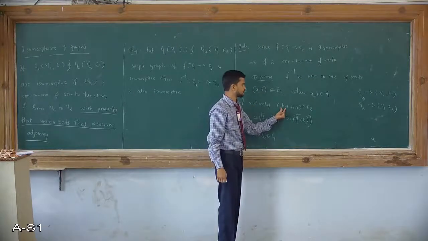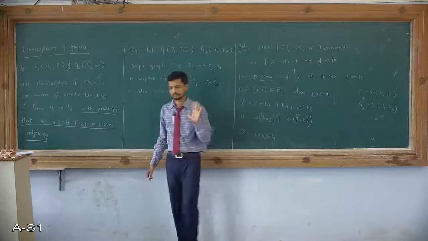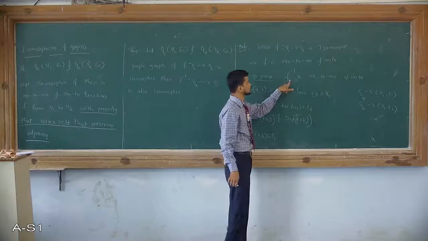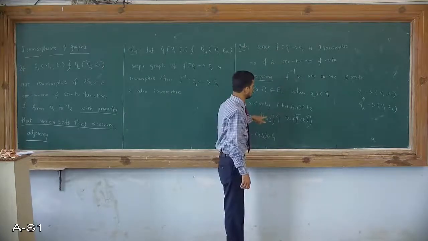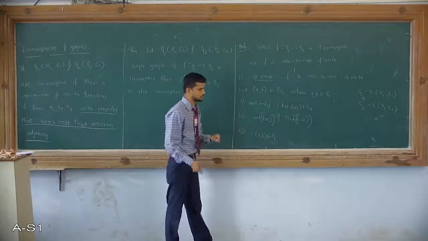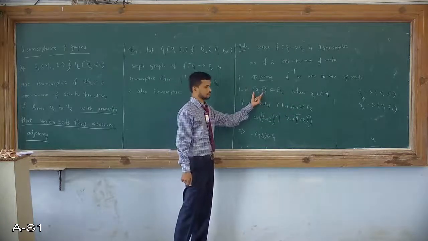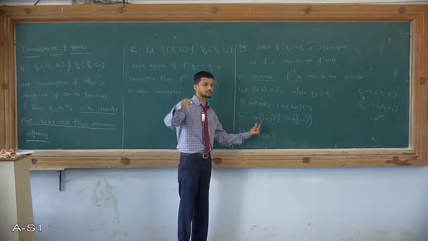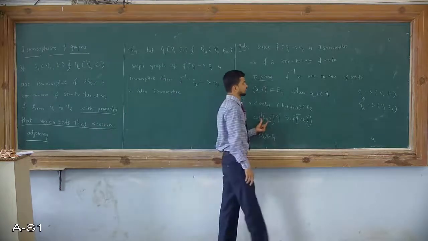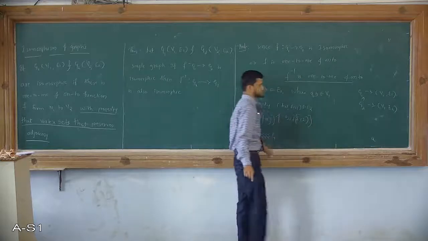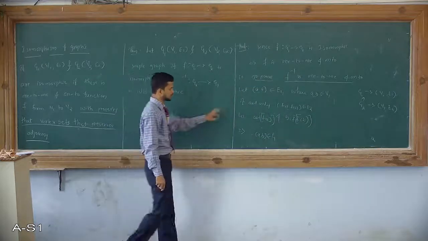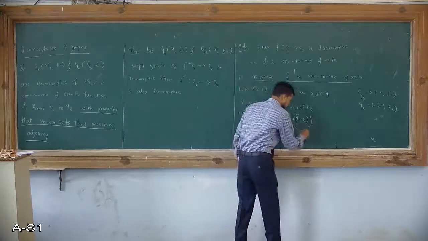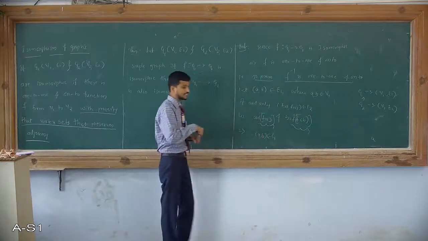Now I take (F(A), F(B)) belonging to E2, because I want to show adjacency will also be preserved by F inverse, because F inverse is from G2 to G1 here. So if F(A) and F(B) are adjacent in E2, if and only if they are adjacent in E1. So A is equal to what here? A is not F(A). A is equal to F inverse of F of A, because I am starting with this function F inverse from G2 to G1. So A equals F inverse of F(A), and B equals F inverse of F(B). So this is also one vertex, this is also one vertex. They are similar, not exactly A.